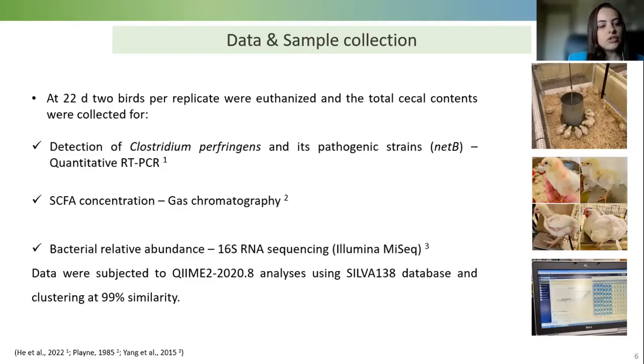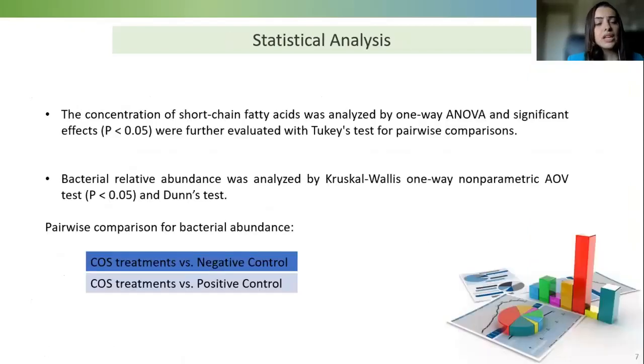We also analyzed the short-chain fatty acid concentration by gas chromatography and the bacterial relative abundance using 16S RNA sequencing. For the statistical analysis, the short-chain fatty acid concentration data were analyzed by one-way ANOVA, and the bacterial relative abundance data were analyzed using Kruskal-Wallis. For bacterial relative abundance in specific, we compared the COS treatments with the negative control treatment and COS treatments versus positive